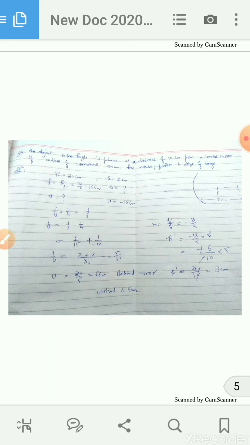Here u is equal to minus 10 cm, as it is placed at a distance of 10 cm from a convex mirror. From the given formula we can easily find v, which comes to 6 cm. It is positive, it means the image is found behind the mirror, as it is a case of convex mirror. In a convex mirror, the image is always behind the mirror, virtual and erect. And from the other formula, h'/h = -v/u, we can easily find h', that also comes to 3 cm. It means the image is small, and in case of convex it is also